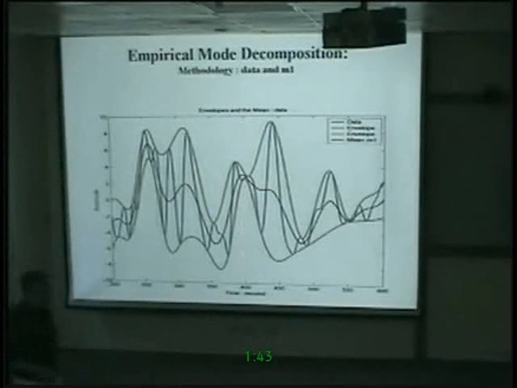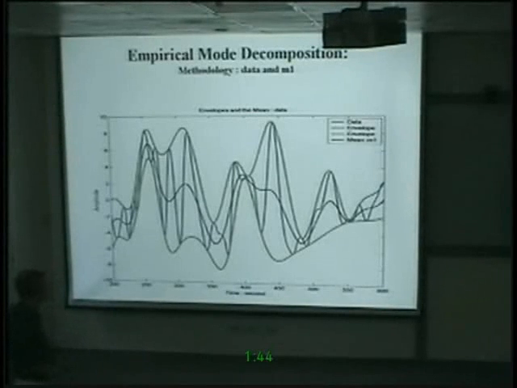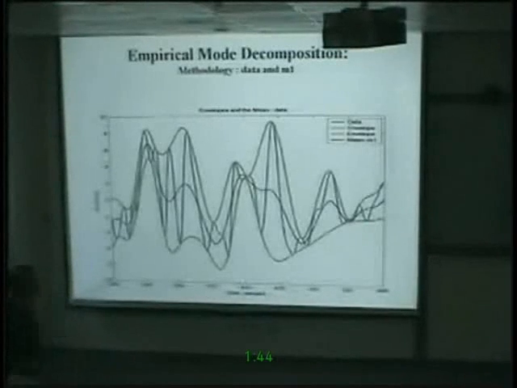Again, fine. My definition of envelope is not the Hilbert transform envelope. It's the empirical envelope, the connection of extrema. Upper envelope is the connection of maxima. Lower envelope is the connection of minima. And with that, we get the